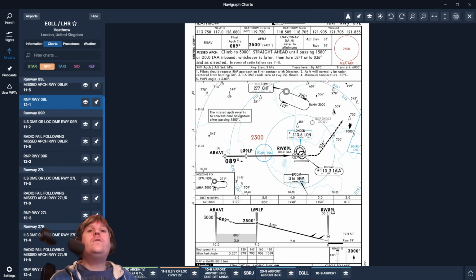When they do make use of them, look at it carefully, because there will be a difference between them, and sometimes that difference applies more times than others. If you're playing single player, and the only difference between ILS Zulu and Yankee is if you turn left after missed approach or right after missed approach, it's entirely up to you which one you do. If you're trying to do it properly,